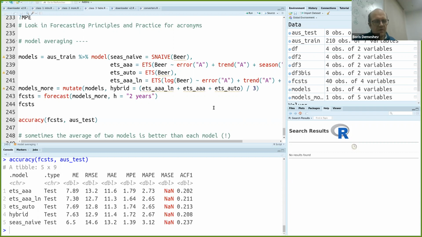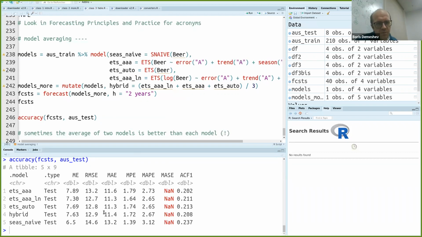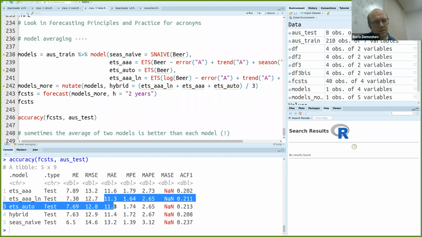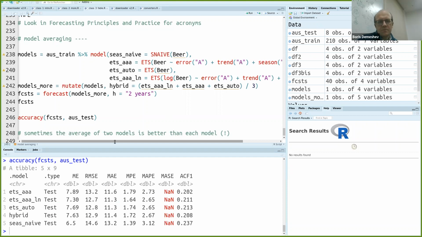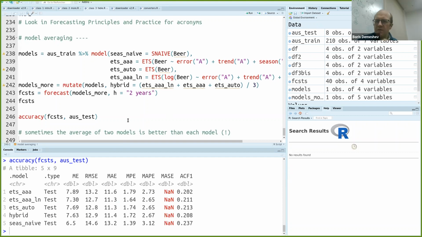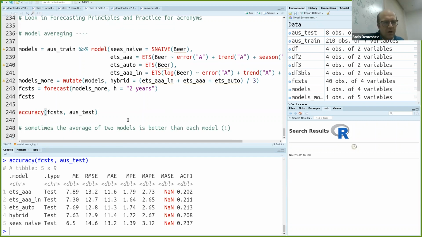I have not obtained better forecasts than with each model alone. I have a combination, but it's not better than the models I have combined. It's better than ETS AAA, but it's like ETS AAA automatic or ETS AAA for the logarithm of beer production. But sometimes try always averaging the best models. That may give you a better result. Okay, what else can we do about